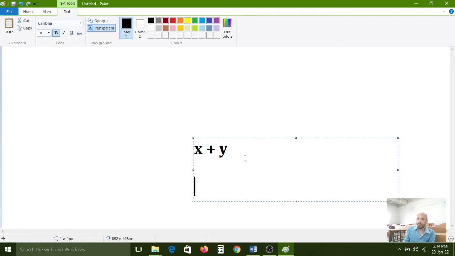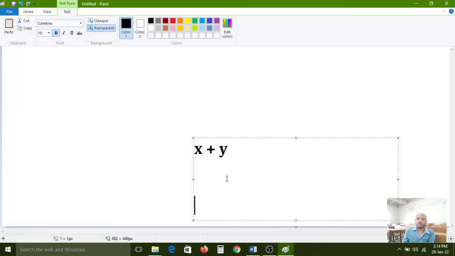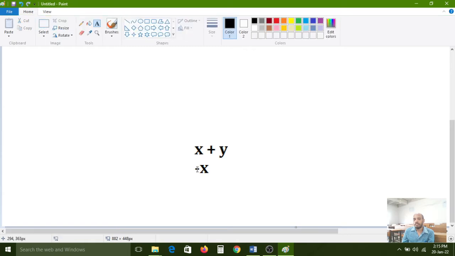A unary operation is when an operator performs on only one operand, such as minus x. Here minus is a unary operator, because this minus operator performs the operation with only one operand.